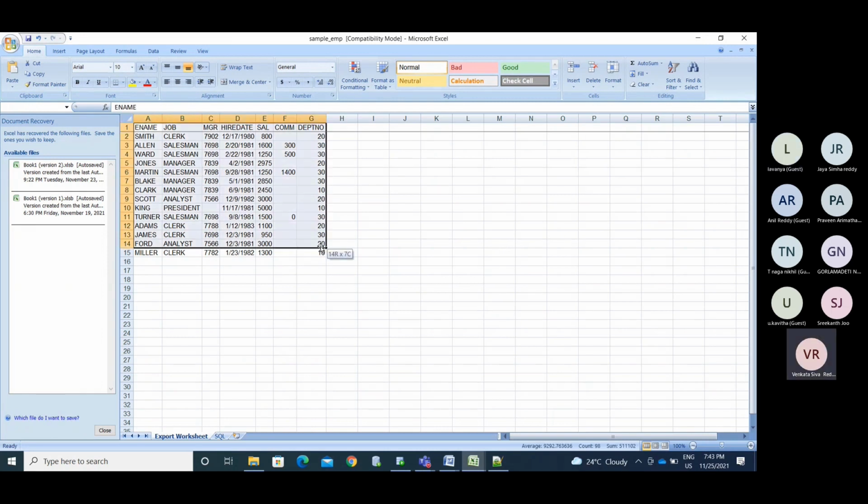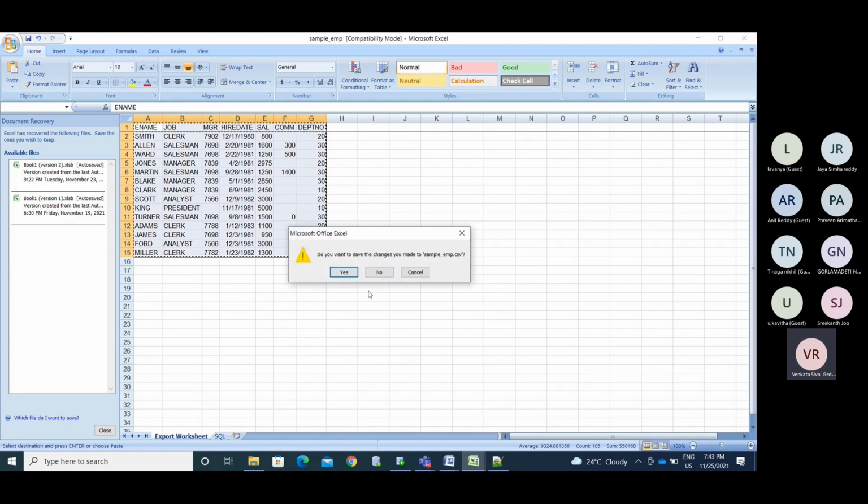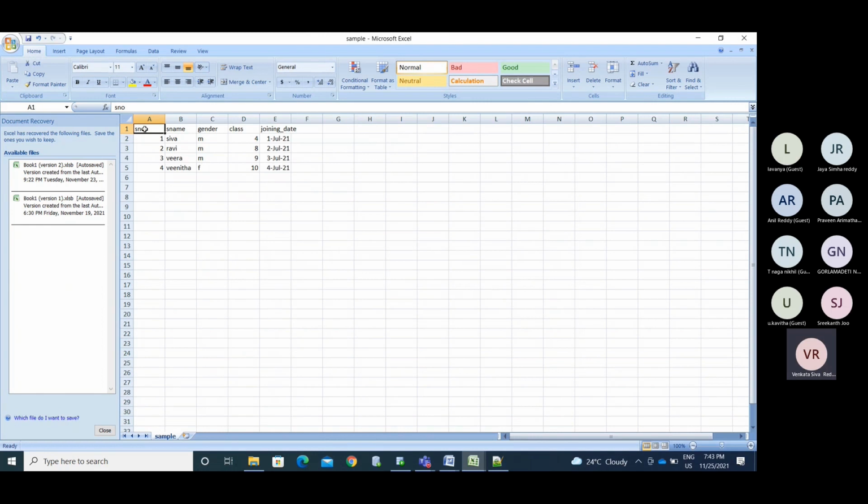Okay, now I'm copying this data and saving it into a different one. Okay, we have this right now. I'm copying this data. What happened?